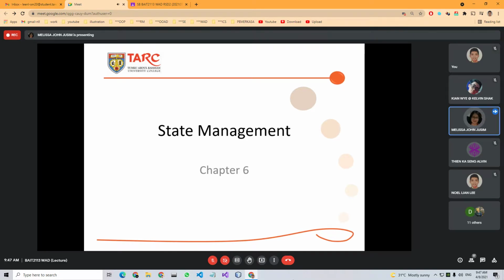Okay, chapter 6 is the continuation from what we have learned in the previous chapter. I think it was the event driven, where we learned about when we use the web server control. If you want to retain the state, there's a property that we can set to true in our Microsoft Visual Studio. Now, for this particular chapter, it's all about state management.